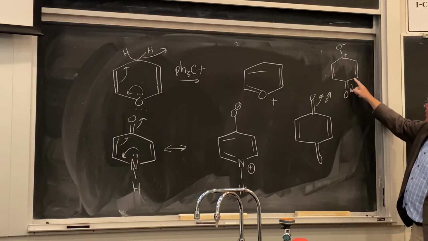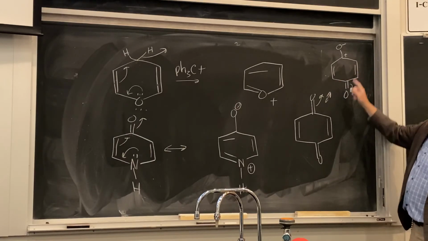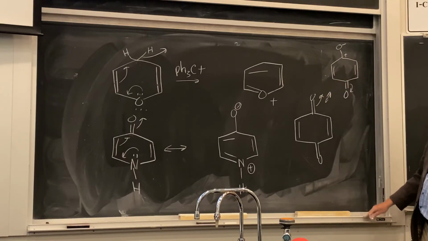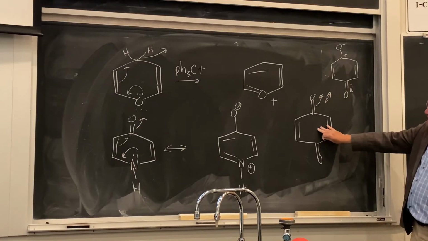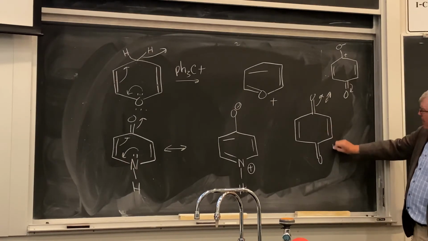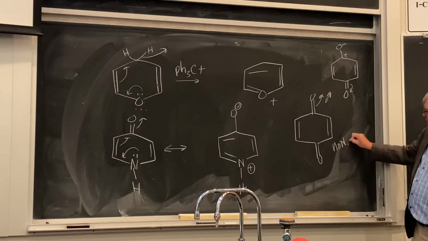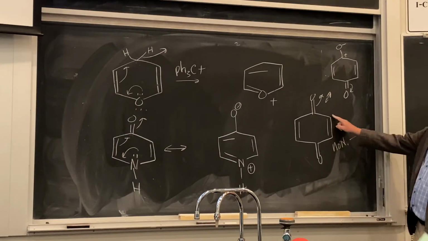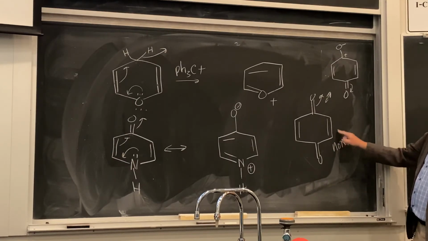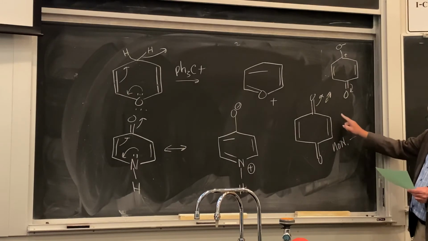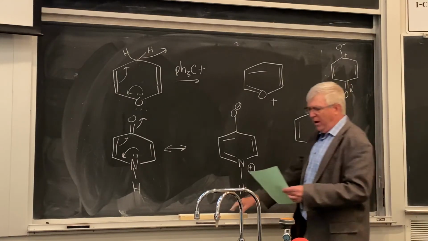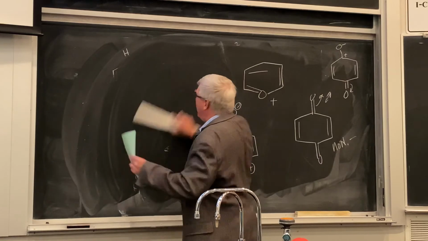We draw another resonance structure here, then we wind up with just 4 pi electrons in there, okay? So this structure as it's drawn here, what are we gonna conclude? Non-aromatic, okay? But this is a little tricky case. In fact, you can see in the proton NMR, these guys on the side are in the 5 range. Okay, one other I want to point out, and then we'll go back to the overheads,